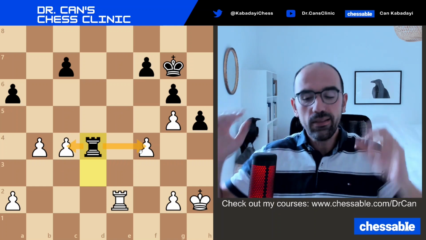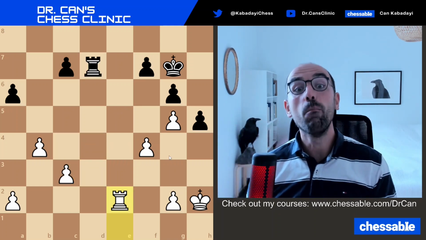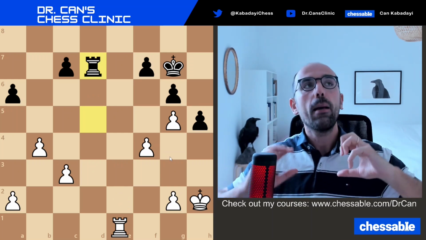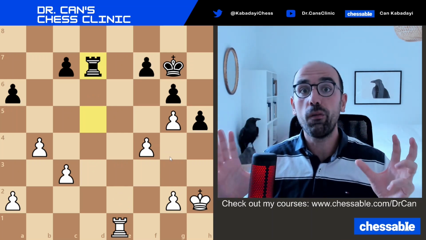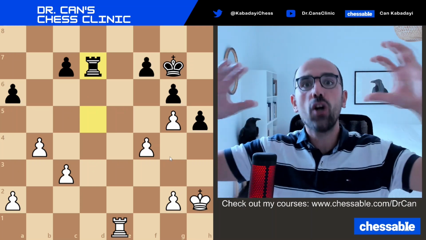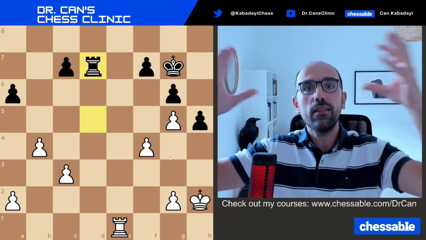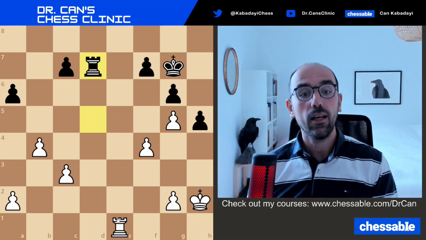That's an incredible mistake. That's an incredibly instructive moment, I think, in this entire game. And I think it's about my hypothesis that materialism is a big issue for 1500s. And this can blur their judgment, right? Extra pawn, material, I want to defend my stuff, that is causing white here to reject a much more active